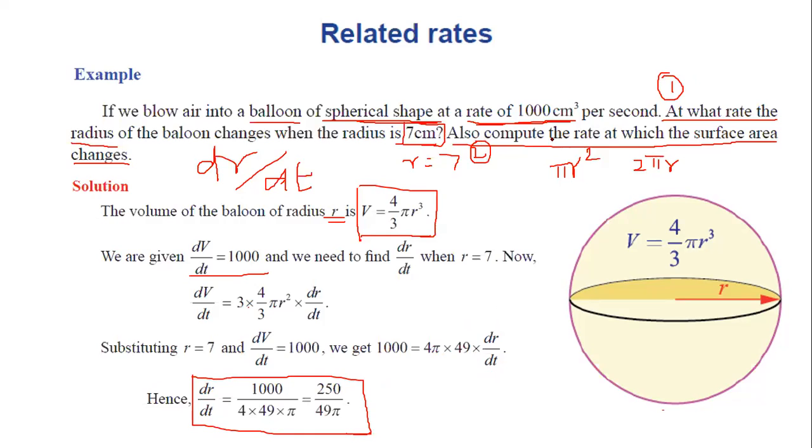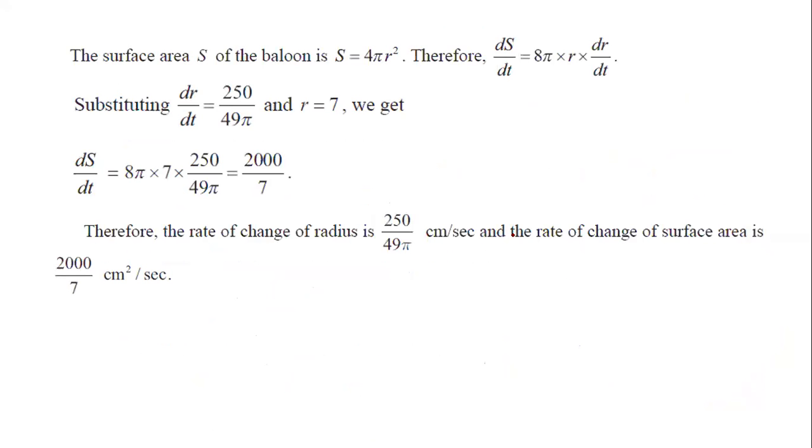The second question is also to compute the rate at which the surface area changes. What is the surface area? Now we'll see the next slide. The surface area S of the balloon is 4 pi r square,